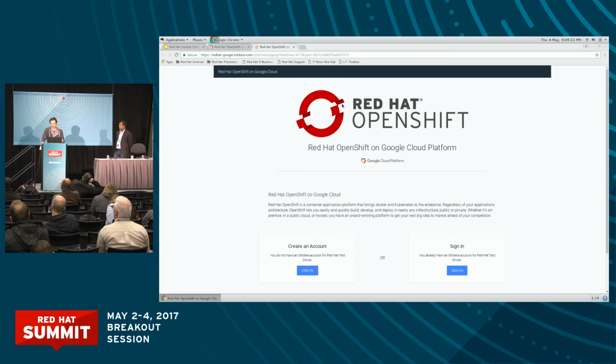So this is OpenShift running on GCP. You're off and running. It'll set up an environment for you, and you get a couple of days to play with it, and then you can work with Red Hat if that's working well for you. So it's really good for people to just get what it looks like without necessarily going through all the process of having to set it up. It's just for a dev that goes in and says, now I see how it works. So that's some other stuff that we're up to.